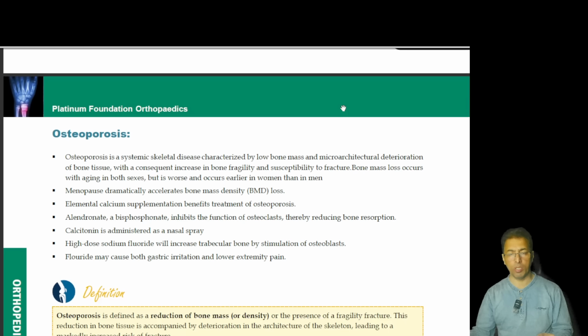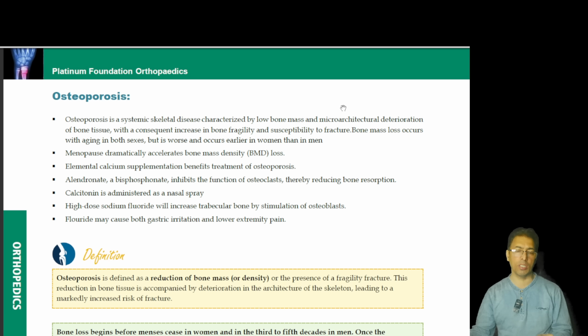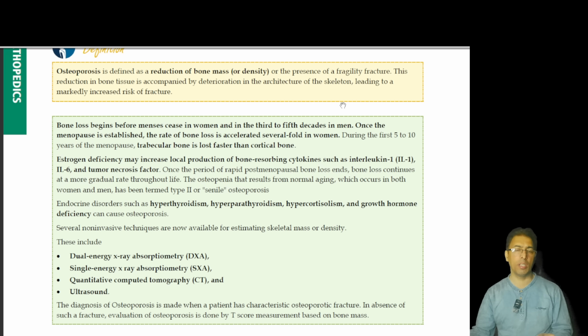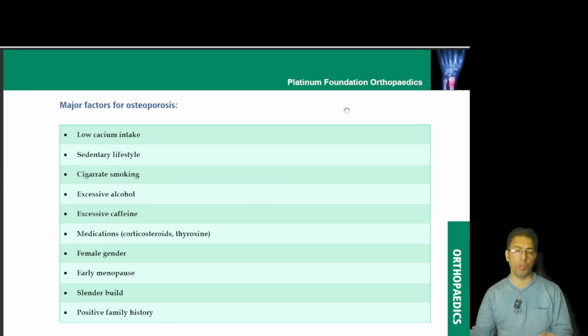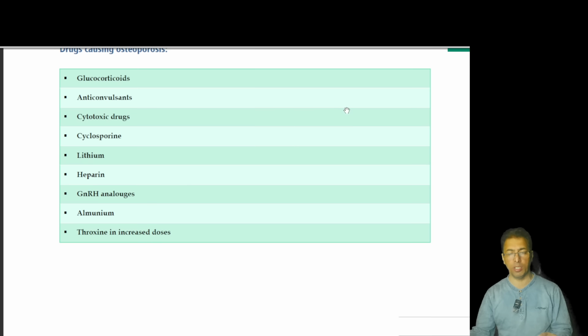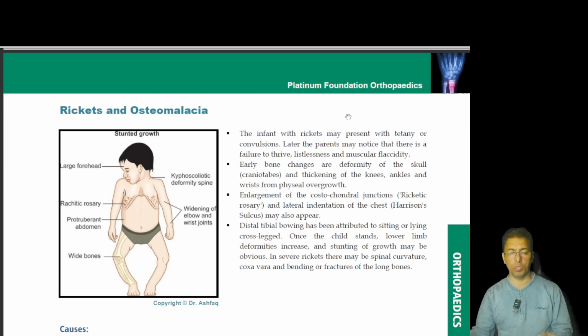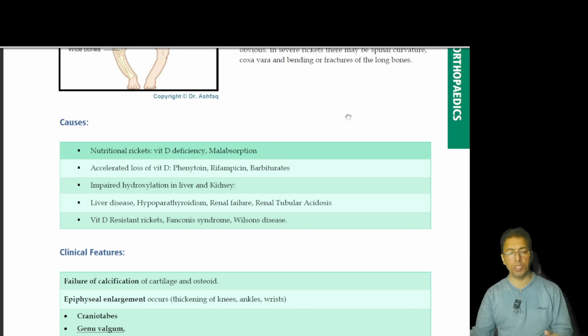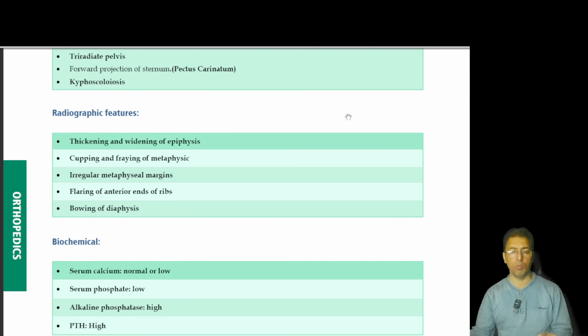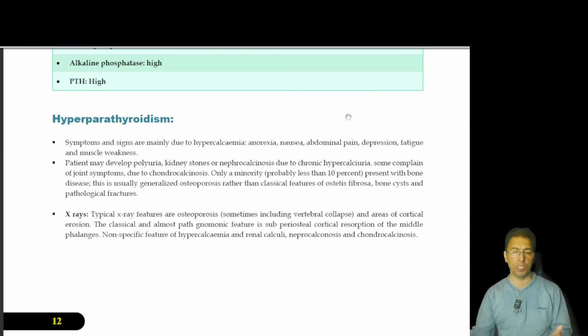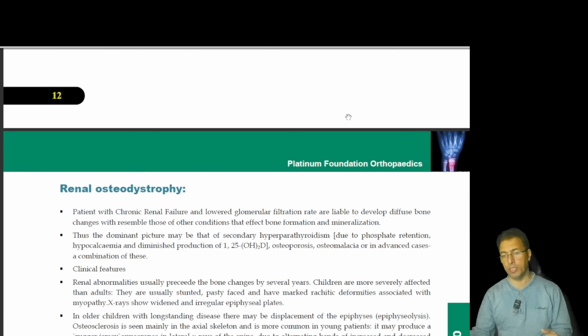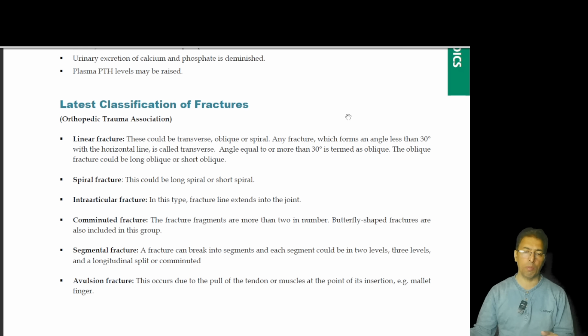So that's very important. And then coming to some of the systemic things like osteoporosis, we did not miss a point because this is a high yield topic as far as questions are concerned, as far as the clinical spectrum is concerned, as far as the OPD cases are concerned. What is important in osteoporosis: the risk factors, the drugs causing it, the treatment of osteoporosis, the latest and all those things. Rickets and osteomalacia, how to differentiate, what are the causes, what are the symptomatology, what are the radiographic features, what are the biochemical features, metabolic bone diseases, hyperparathyroidism, renal osteodystrophy. We took care about those things.